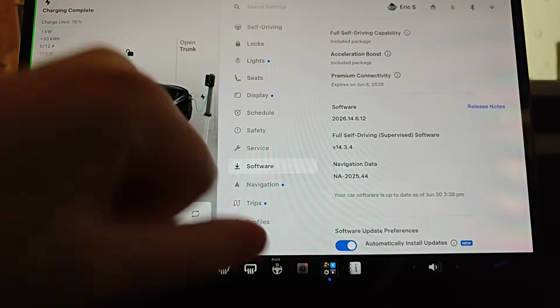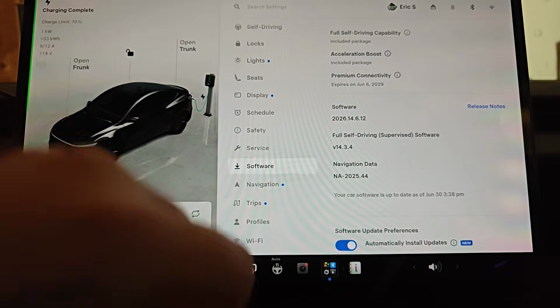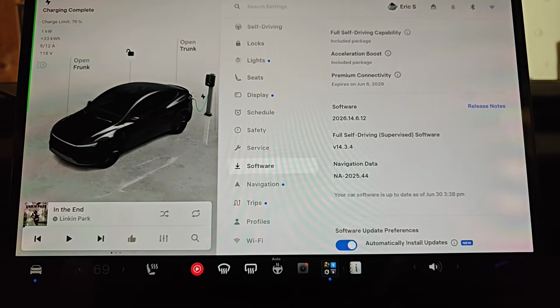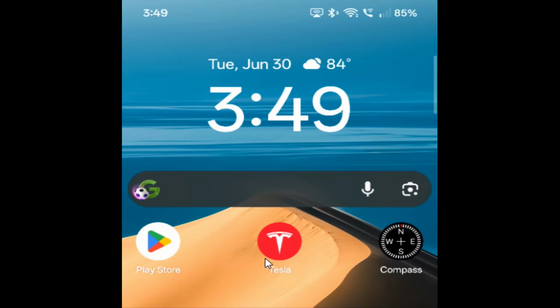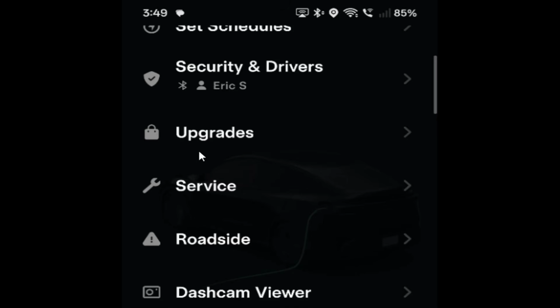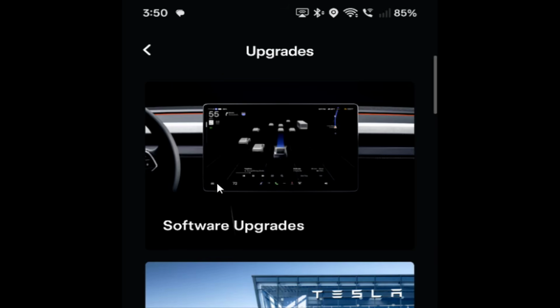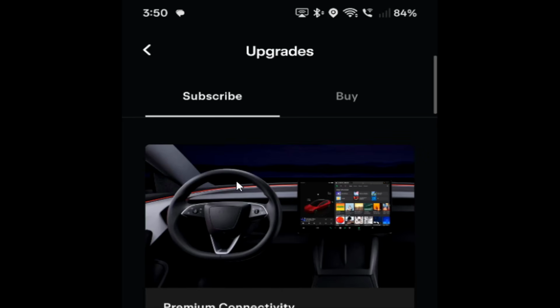And I'll also quickly take you over to my phone to show you where you can see your subscription options through the Tesla app if you want to look at it through there. From my phone, launching the Tesla app, and then scroll down until you find where it says upgrades in the Tesla app and click on that. And then from there at the top, you should find software upgrades, selecting that. And if you aren't already subscribed to FSD, you should find it in your upgrades menu. Select the FSD subscription option, and then it should update to your account and allow you to access FSD through